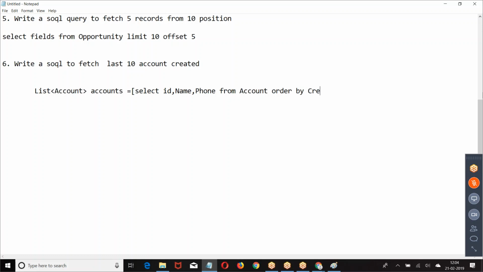Order by created date. I want last. By default, records will be returned in the order of created date. But what I want is the last 10 records which are created. Descending order of created date, limit.